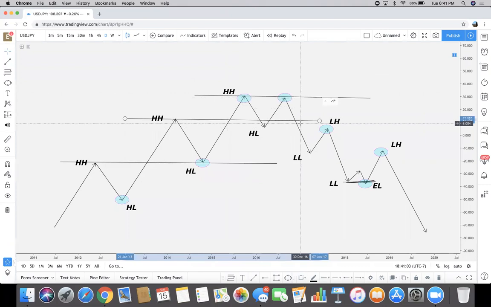It just comes with experience, comes with backtesting. This meeting is about to end. What I'm going to do